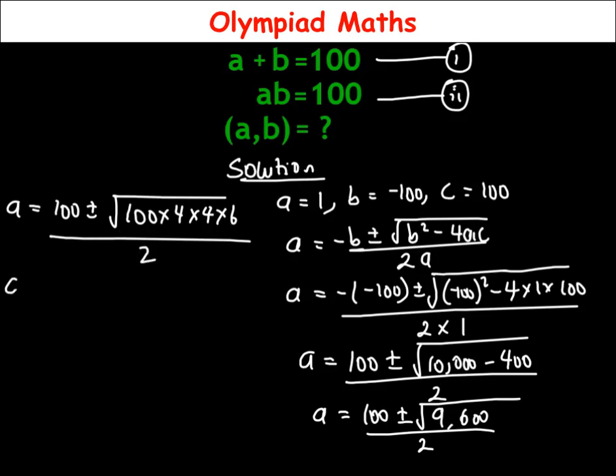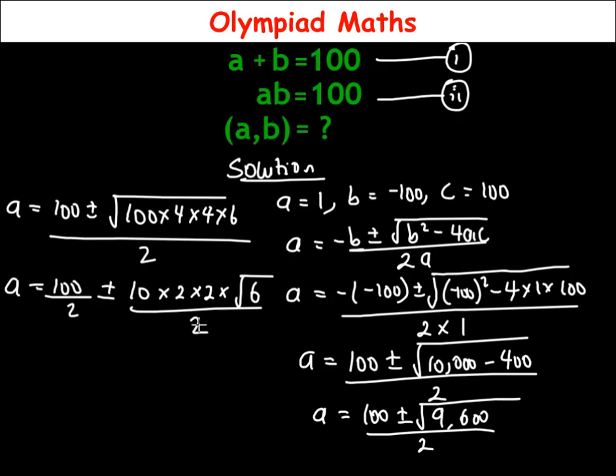So with this, a is equal to 100 over 2 plus or minus, now square root of 100 is 10 times square root of 4 is 2, times square root of 4 is also 2, okay, times square root of 6,